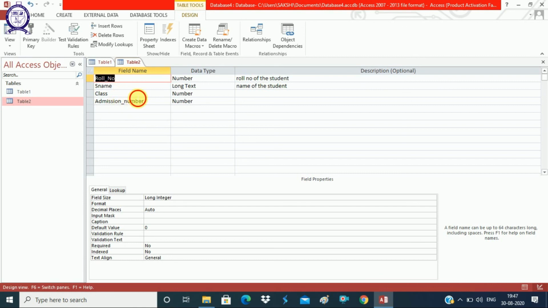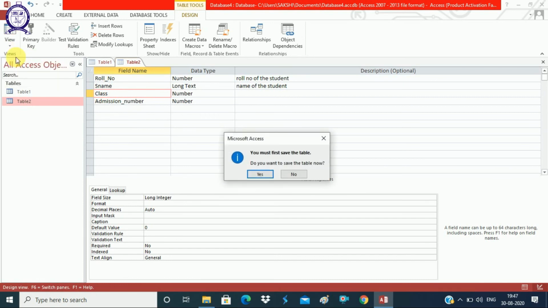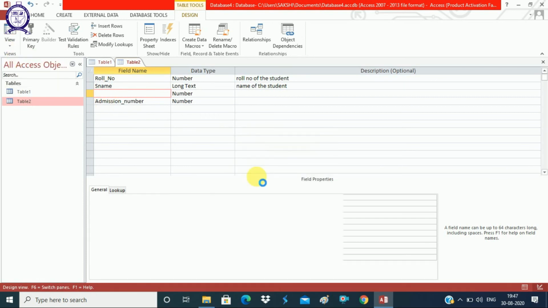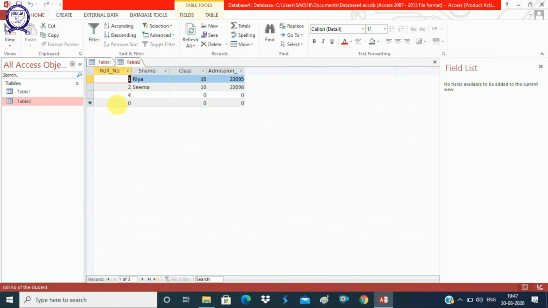Clear? Now in the roll number you can enter any value. It can be a duplicate value also. So first of all we'll save the table and go to the datasheet view. Suppose I want to enter again 4, and then we will go to the next one. So here it has given us the next record to enter without giving us any error. So this is the way primary key can be set or removed in a particular table.